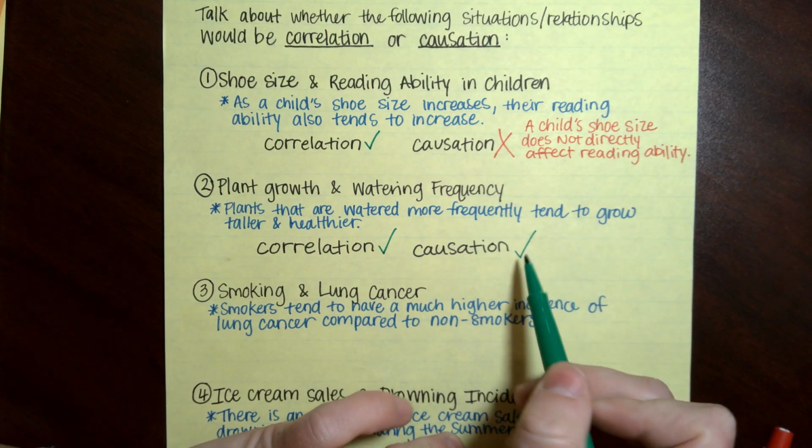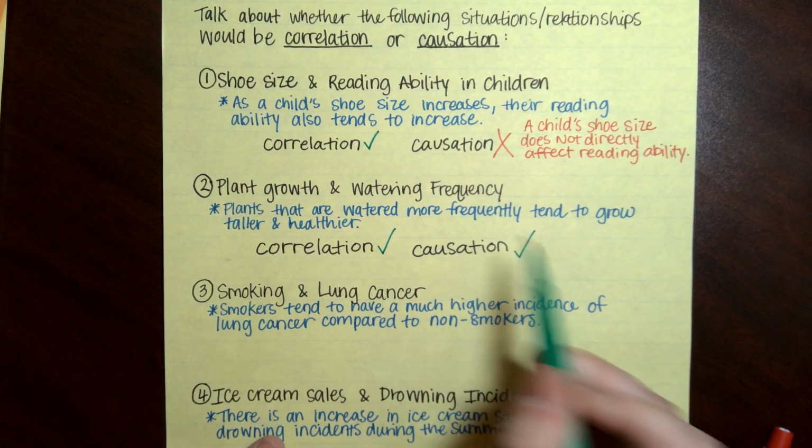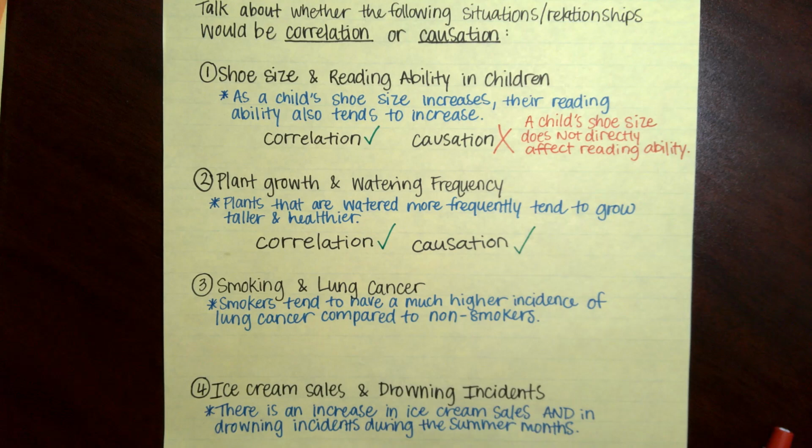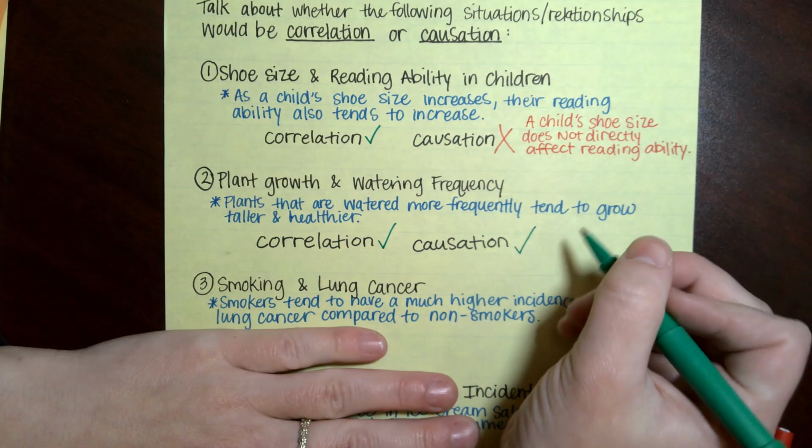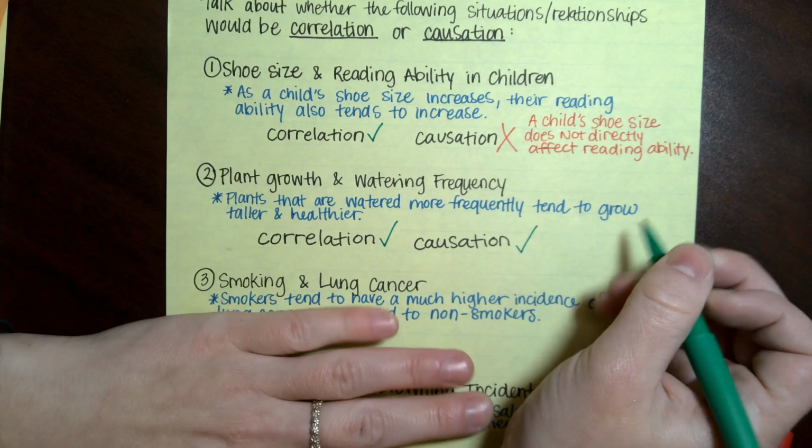Now, we're going to say in this case there is some causation because the amount of watering you give to a plant, the amount of water you feed it, affects its growth, whether that be positively or negatively. It affects the growth. So, for my explanation here, I'm going to say